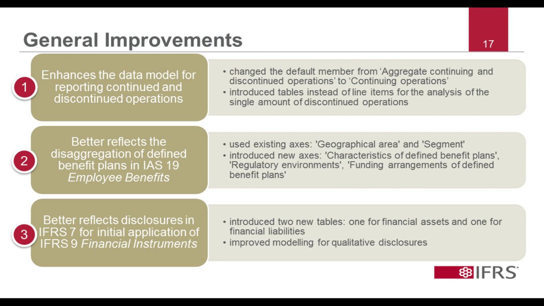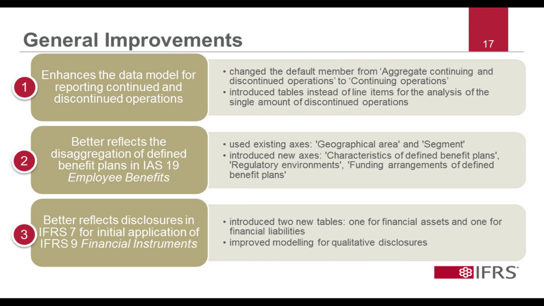Now let's look a little bit in more detail at what those general improvements included. The main improvement area in the IFRS taxonomy that resulted from the general improvements, which we think will affect quite a few companies, relates to the continuing and discontinuing operation axis. In particular, what we have done is change the default member on that axis from aggregated continuing and discontinuing operation